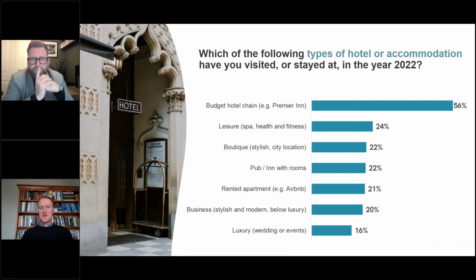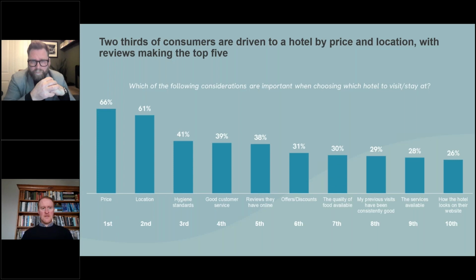If you look at some of those other types of accommodation, so leisure as we defined it, so the places that have spa, hotel, fitness facilities, boutique hotels, generally urban, small, stylish locations, pub inns with rooms, all these different types, largely about 1 in 5. So budget hotel very much ahead, but around 1 in 5, just showing the breadth and depth really of the hotel sector. And there's a lot in the report actually about key drivers, but again, just to give a snapshot